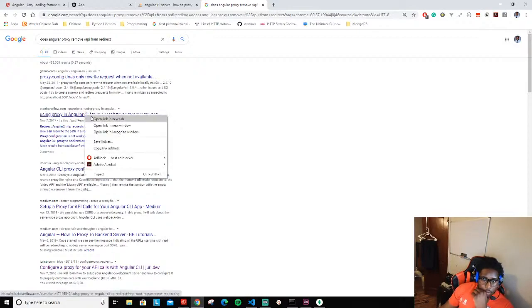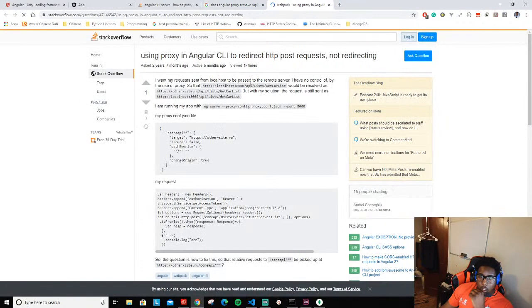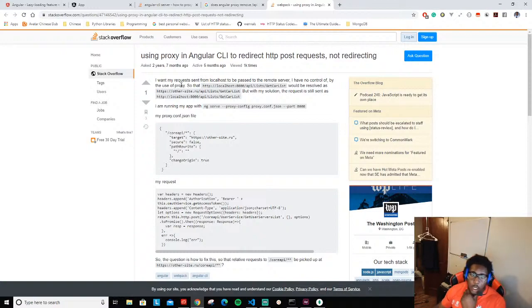Using proxy to redirect requests, not redirecting. I want my request sent from localhost to be passed to the remote server I have no control of by the use of proxy, so that /API list will be resolved as